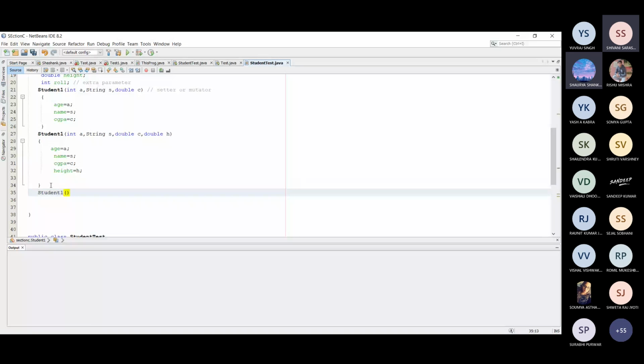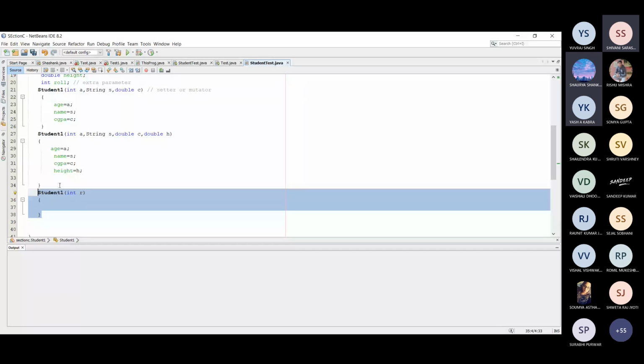जो पैरामीटर आपको इनिशियलाइज करना है सिर्फ उसके लिए करिए, सभी के लिए मत करिए. इंटीजर r, अगर आपको मॉडिफाइड या अलग से पूरा कंस्ट्रक्टर नहीं डिजाइन करना. If I write like this, student 1 equal to integer r. Okay, so in this case a separate constructor is created with only a single parameter,